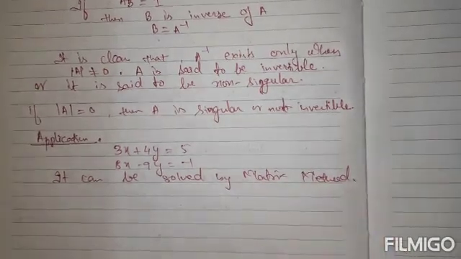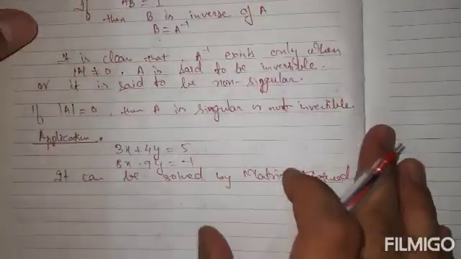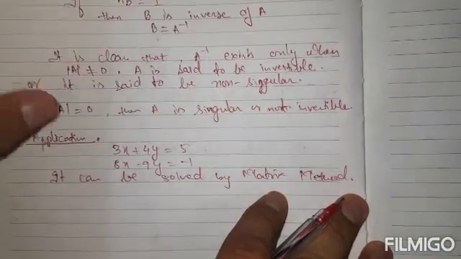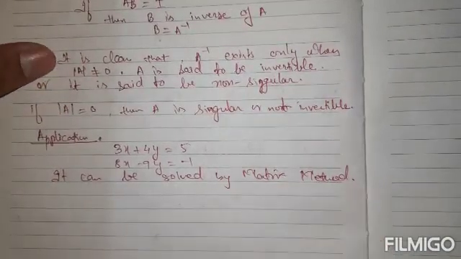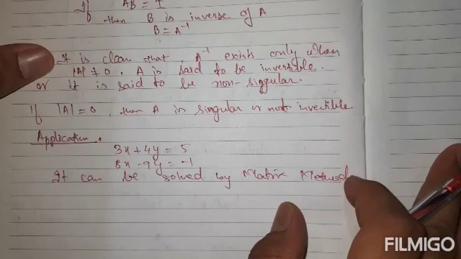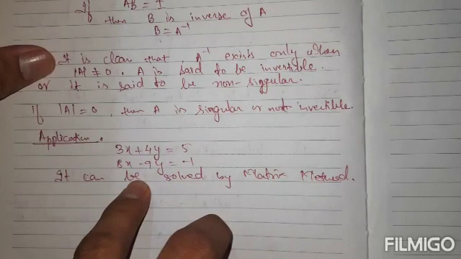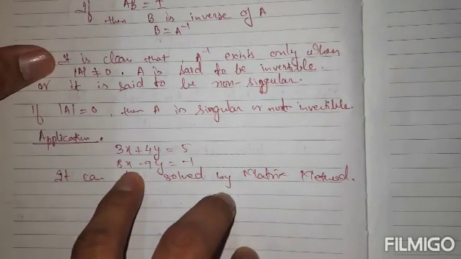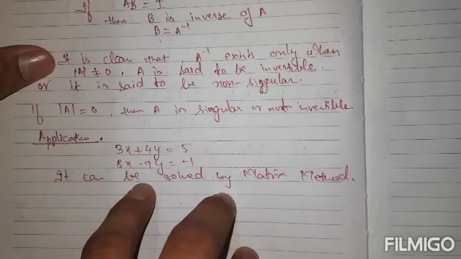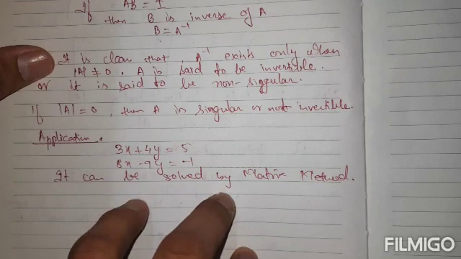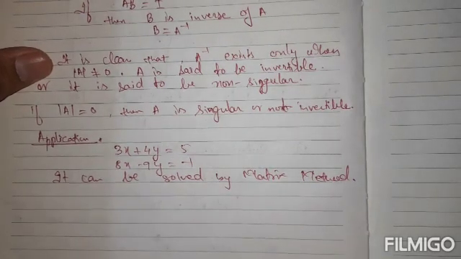What is the matrix method that we will be discussing right now? In this matrix method we will find the inverse of some matrix. Now how to do this, let us discuss. See, this is a system of linear equations in which there are two variables. If there are two variables, then we will form a matrix equation which will involve matrices of maximum order 2 by 2.